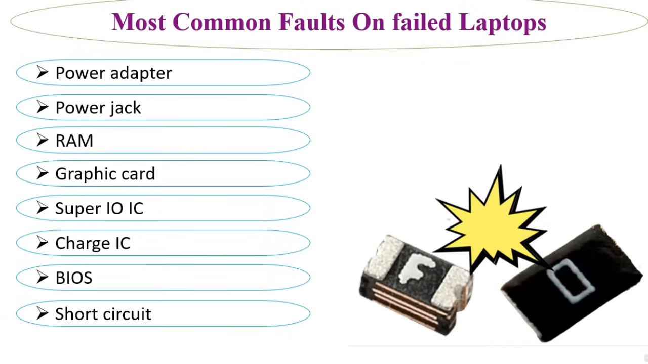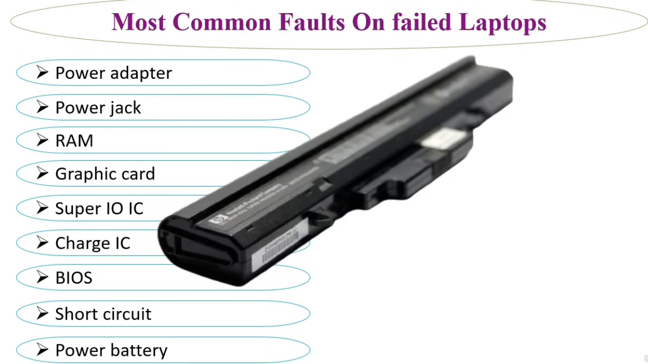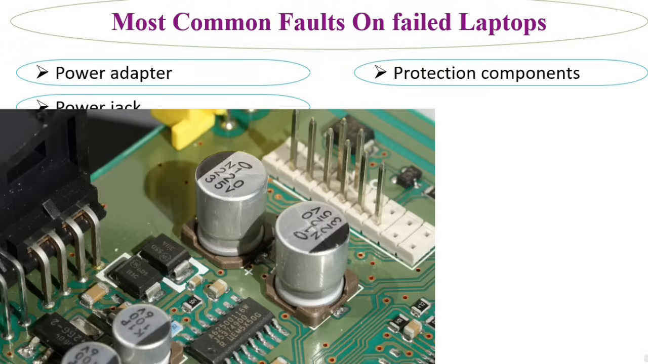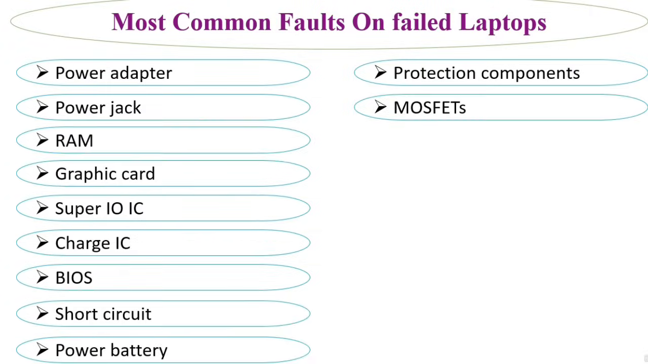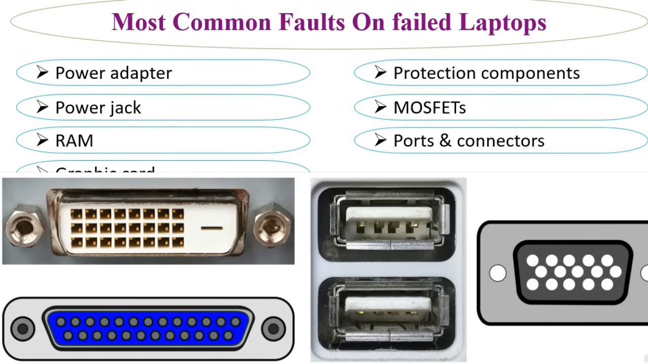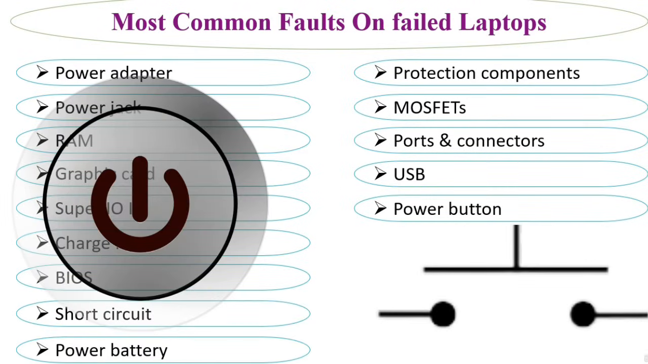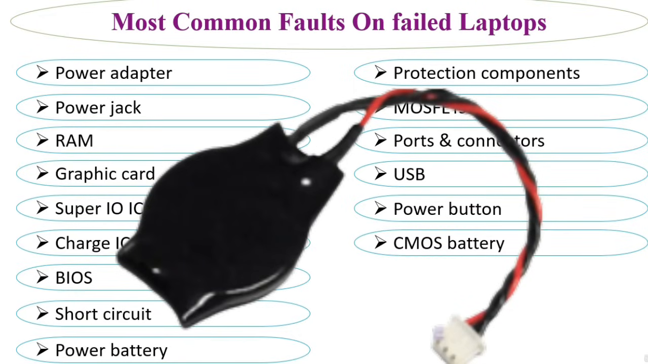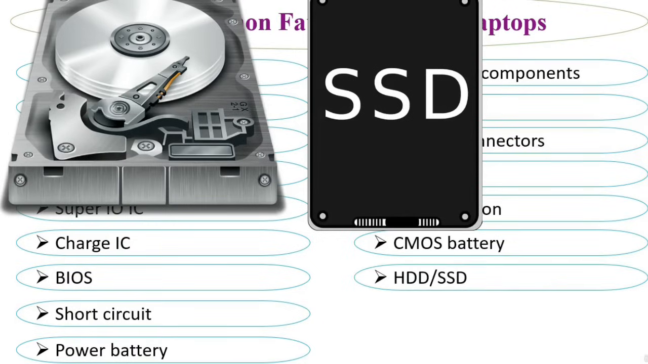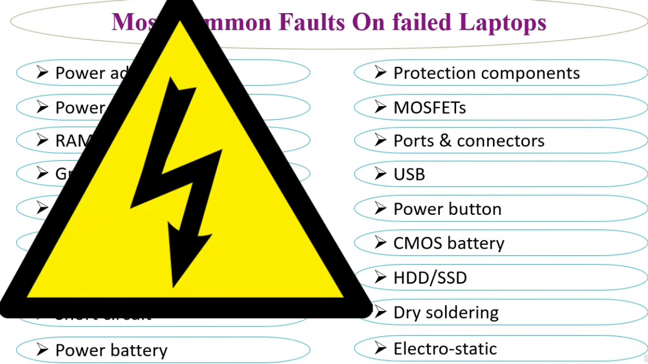The short circuit, I'm going to show you how to easily find the short circuit. The power battery or the laptop battery. The protection components including fuses, diodes, etc. The MOSFETs. The ports and connectors. The USB, the power button, the CMOS battery, the HDD or SSD, the dry soldering, the electrostatic faults, and much